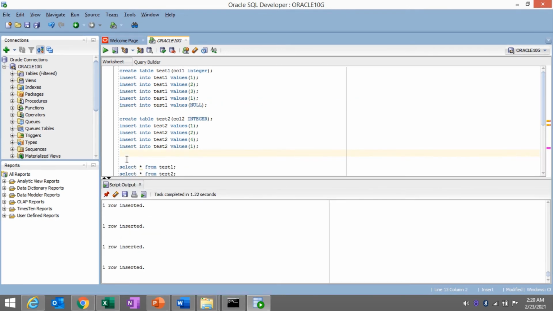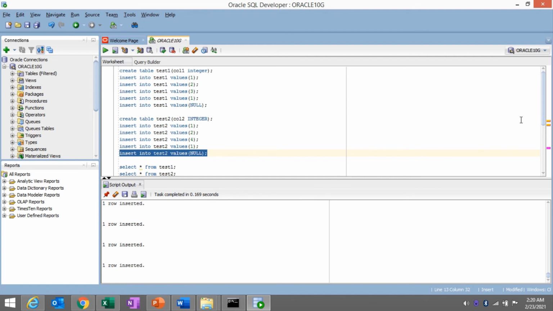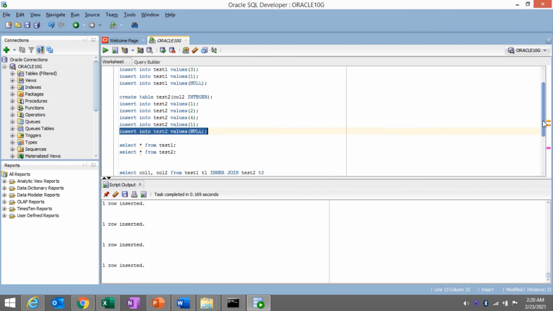Now I'm going to add one more null value in table 2 also. So I have added another null value in table 2.